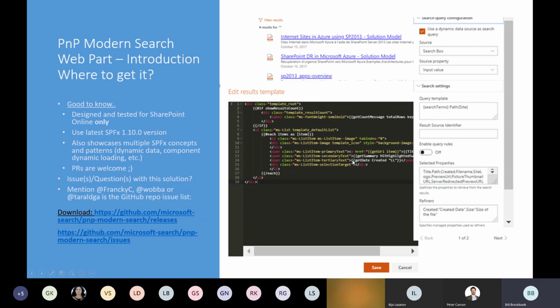The example here is a supporting handlebars helper. Here's an example of get date created, and it's got LL. So it's telling you to take a value called created, convert it to a date, and use the LL format for it. You can format your dates any way you want. You can control any of the output. It's showing get summary highlight; we'll see that in a second. Some of them are very long and hard to break down. I went through and broke them down before, but I have not revisited it since that point.